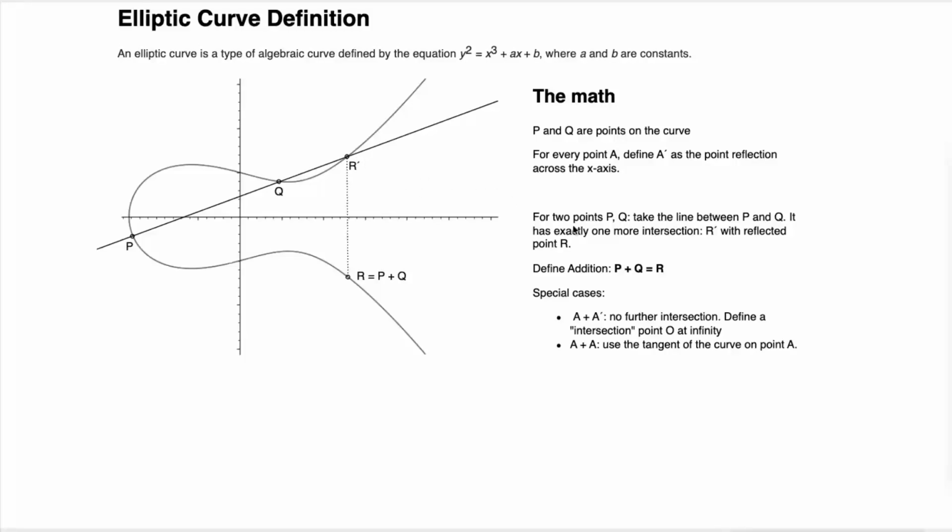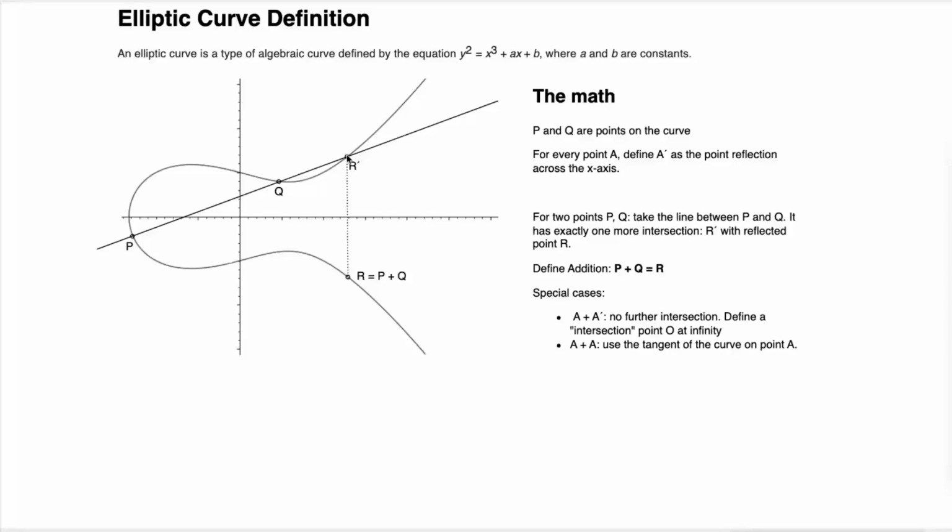And now we define, for 2 points, P and Q, we take the line. So we have here P and we have Q. It doesn't matter, it's completely irrelevant where those points are, it's just for drawing them like that. And now you take those 2 points and draw a line, and there's one of those properties of an elliptic curve: if you take 2 points and draw a line through those 2 points, there's exactly one more point where this line crosses the